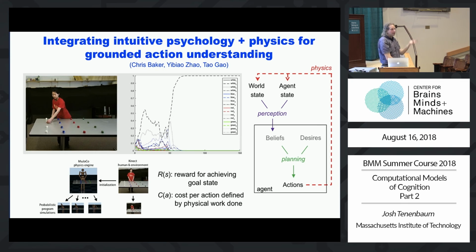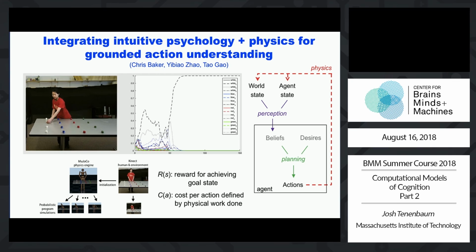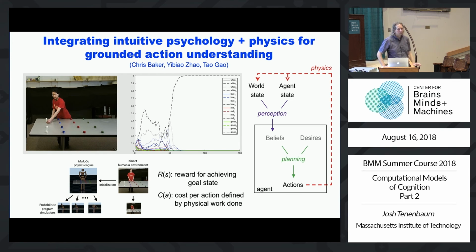Then we want to invert that. So we want to work backwards and say, given that, what's the most likely goal input to that physically efficient motion planner? And that's what we're computing here. It's a graded computation, and that's our Bayesian posterior probability of the input given the observed outputs, or the goal given the observed action sequence. And we are optimistic that this will, at least to some extent, capture people's abilities to do this kind of Bayesian inverse planning, even with a full body motion in a complex scene.